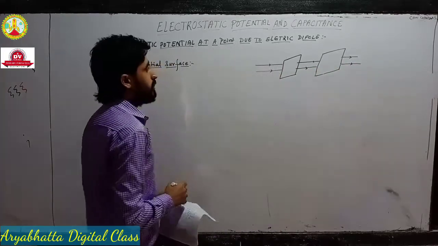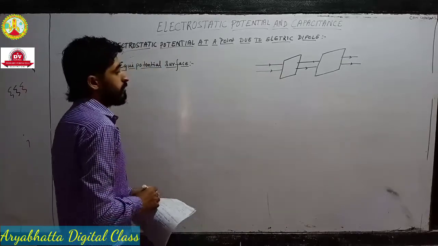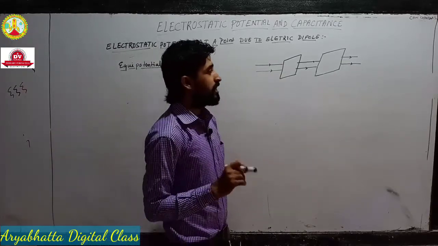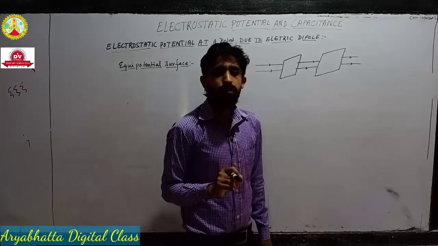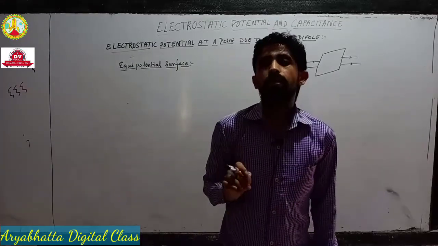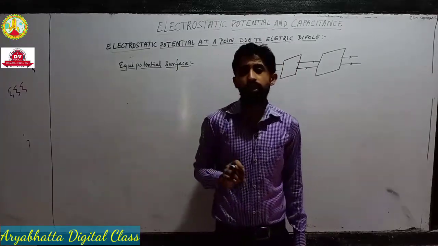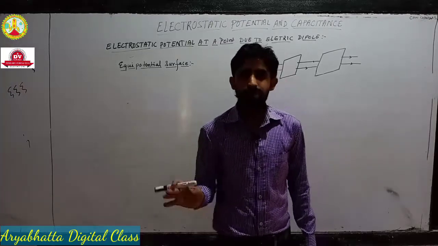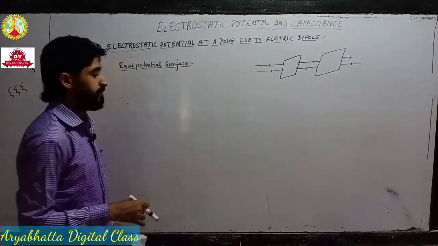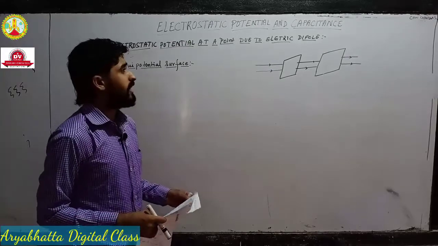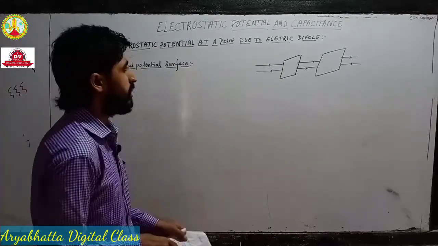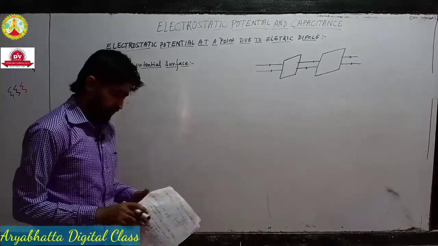So simple thing. Equipotential surface is nothing but a surface on which at all points the potential difference or the electric potential are the same. Very simple. You can just write this definition by yourself. It's very simple to know. Now see,